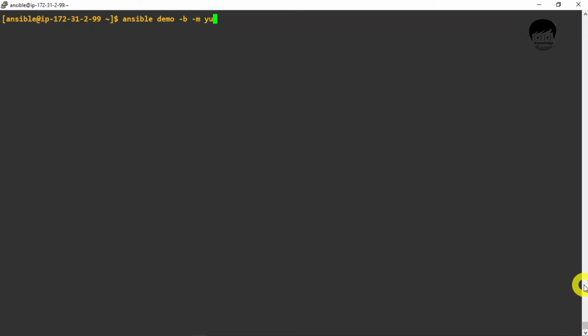We have to install something, so in Linux we use yum to install. Then hyphen a is for argument, and in that argument there is a little bit of change. We have to mention the particular package name. Pkg is equal to, we want to install httpd apache server, so we'll install it, and state is equal to present. Or you can write installed as well. I will show you.